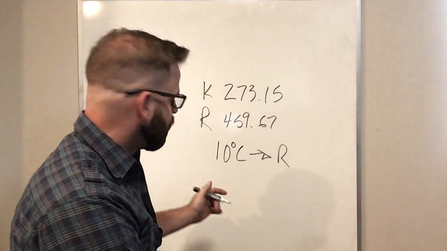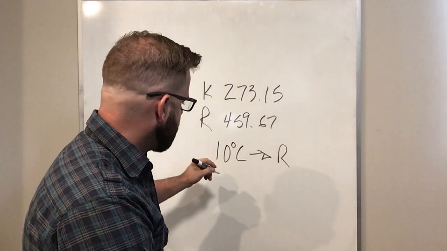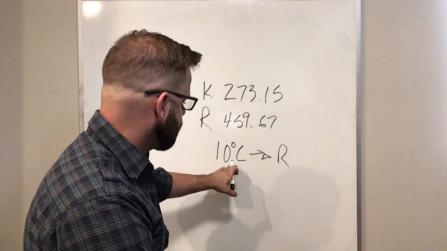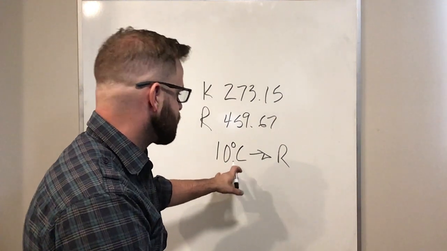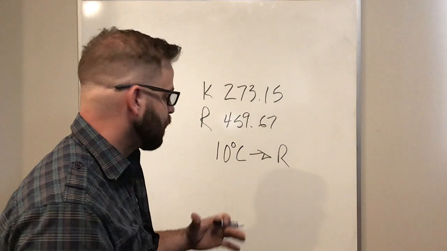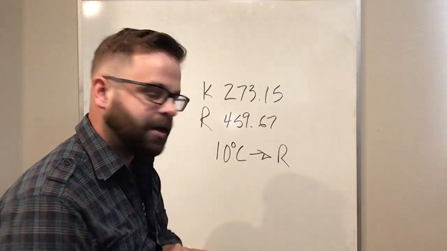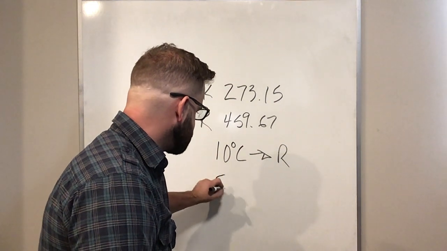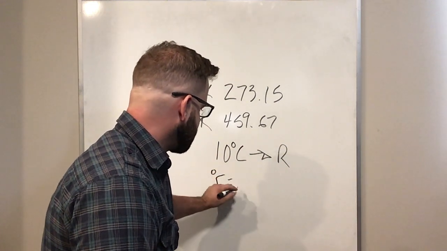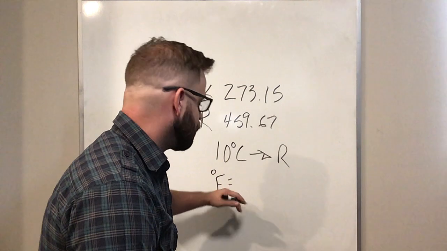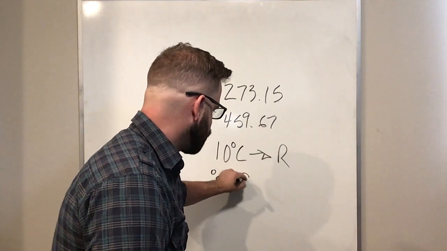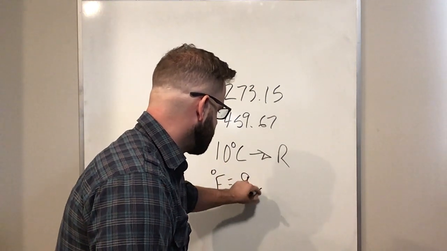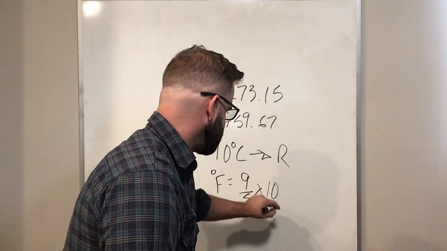So we want to go to Rankine, and Rankine is linked with Fahrenheit, so we take our 10 degrees Celsius and we change it to Fahrenheit. We're getting a larger number, so 9/5 times 10 plus 32,